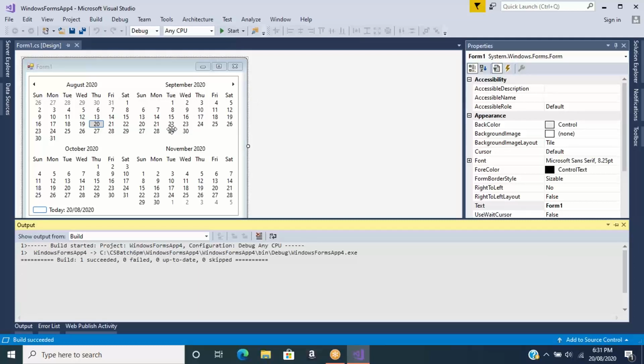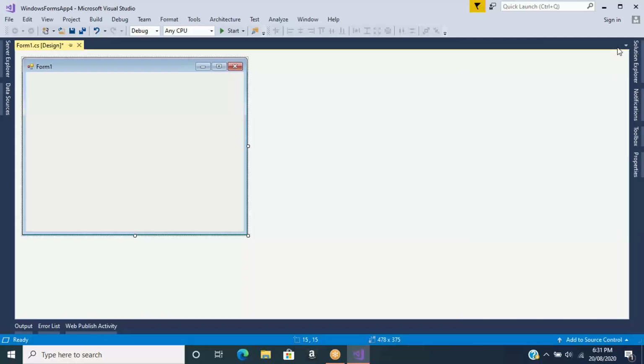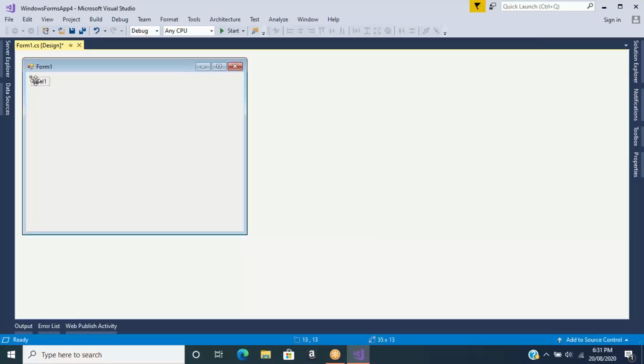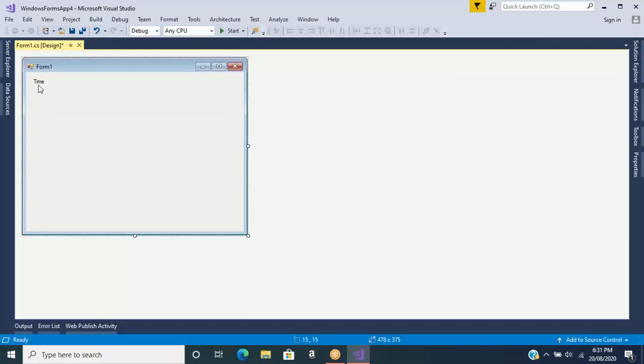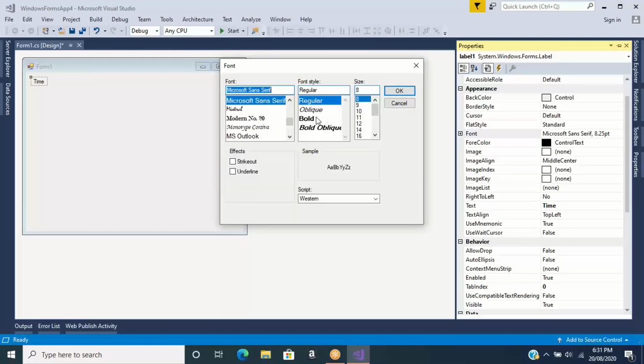Okay. Now we will see how to work with something called timer control. One more control we have, timer control. But before I introduce the timer control, let's make one small comparison here. I'll put one label in this corner, and I'll give the text as time. It displays time. You increase font size and all that. Right click, properties, go to font, then browse, make bold, increase the size,